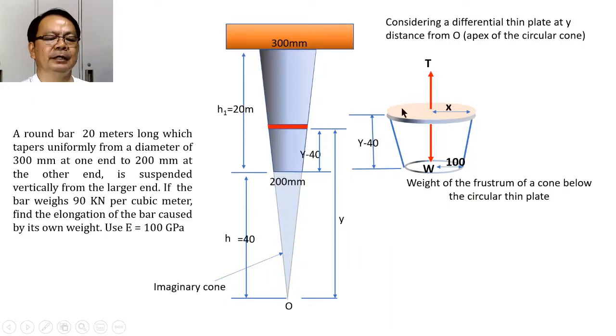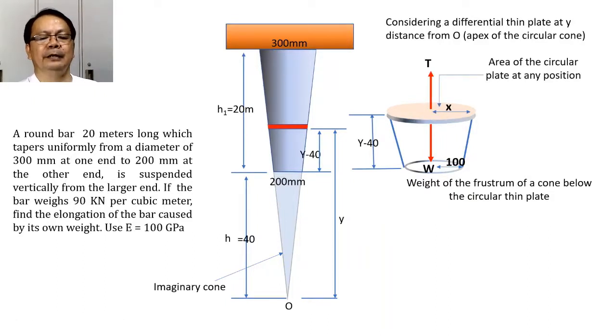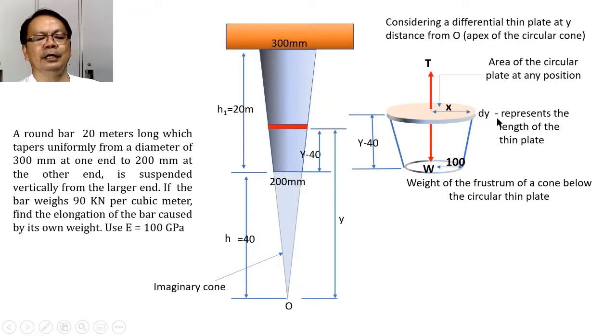And this shaded portion will be the area of the circular plate at any position of y. If we consider that this thickness is very, very small, and we call this thickness dy, that represents the length of the thin plate, then